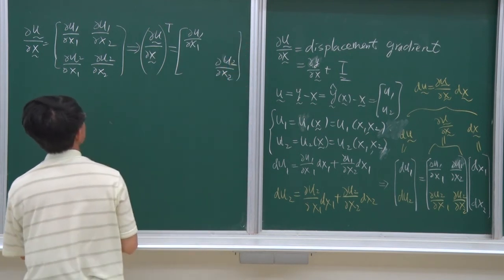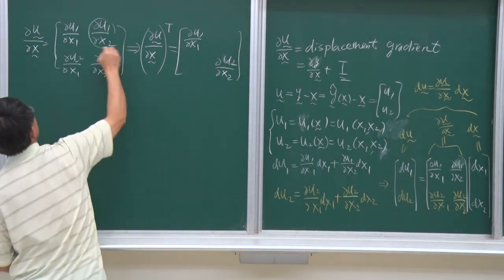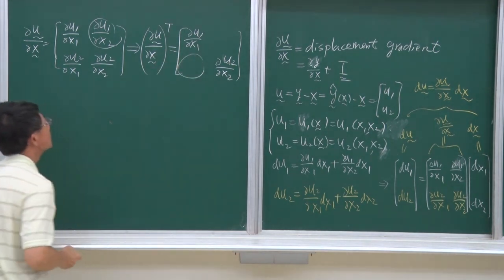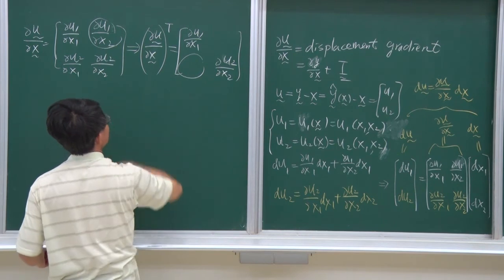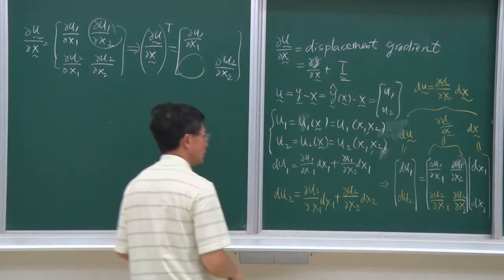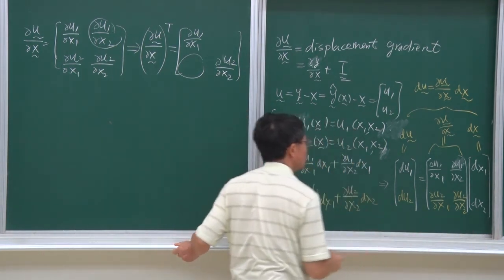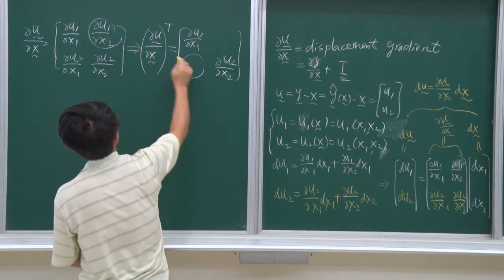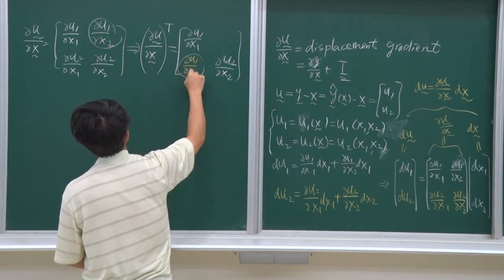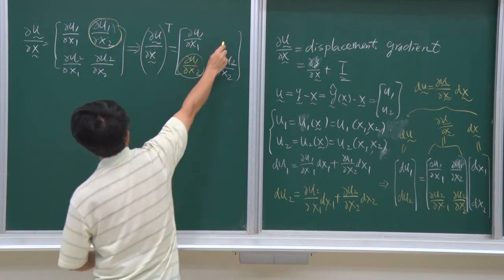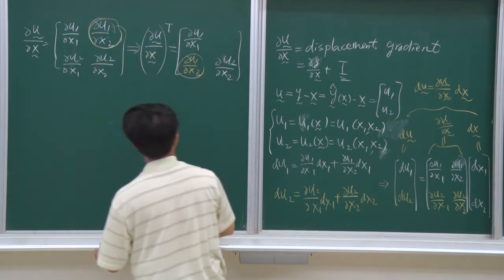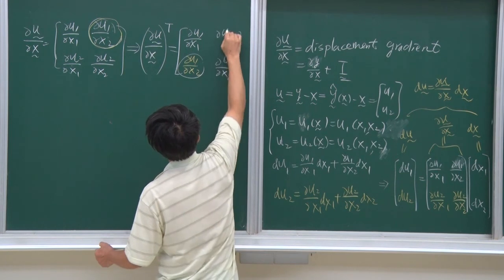For a transpose, what happened? This one will come to this place, and this one will go to this place. They just exchange their places in the off-diagonal term. Now, this one becomes this one, and this one will go to here. As a result, we have